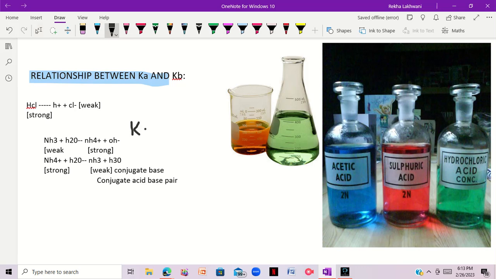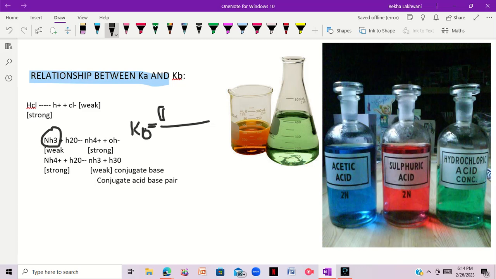Basically, here it will not be Kc, it will be Kb, because ammonia is a base. The equilibrium constant for a particular base is known as Kb. So here we'll write Kb, and it will be equal to